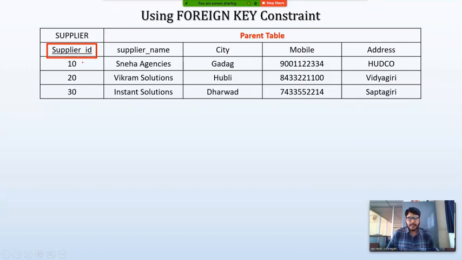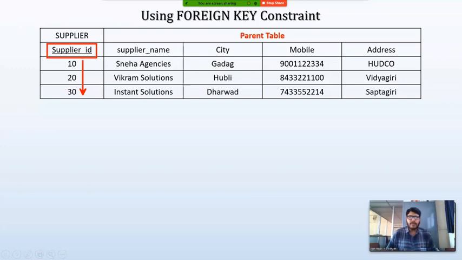As you can see, there are no duplicate values in this particular column. 10 is a unique value, 20 is a unique value, 30 is a unique value, and nowhere are we inserting a null value. That means we are not leaving a column value blank here. So that is the primary key concept.